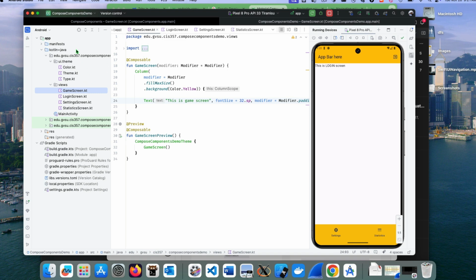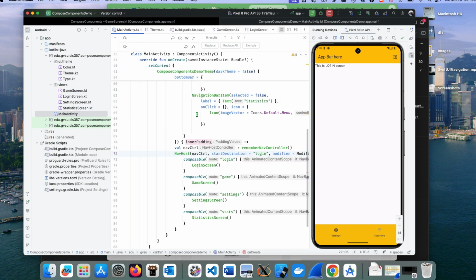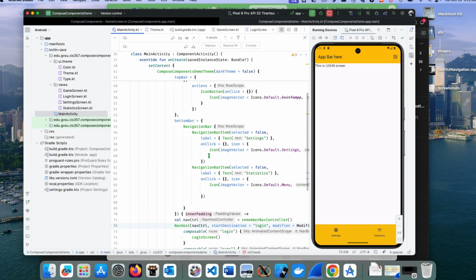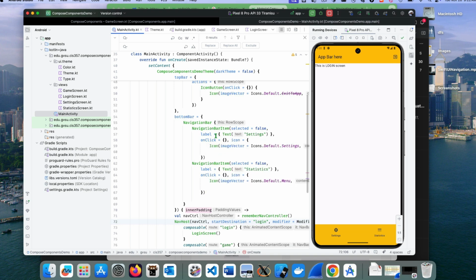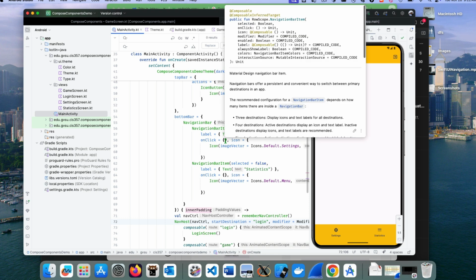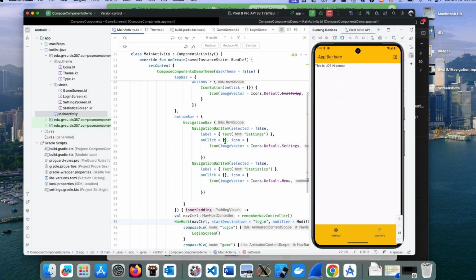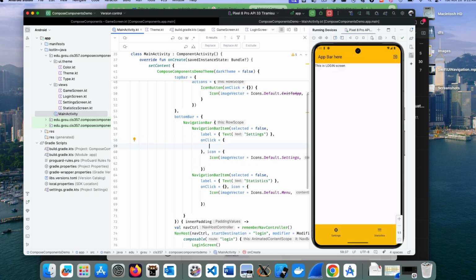How do I control the navigation from the bottom navigation? So if you go back to the main activity, we do have the two navigation bar items, but the onClick currently doesn't do anything, right? So this is where I can put the code. Whenever that button is clicked, I want to navigate to the other two screens. And I already have